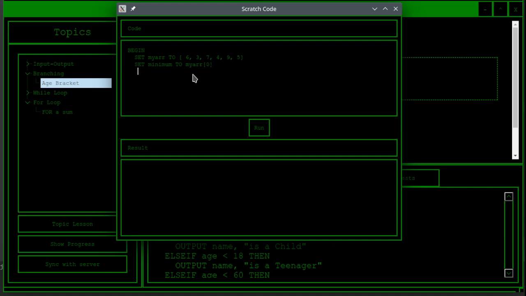And then I'm going to write a for loop to go through all of them. So I'll say for index equals 0 to the length of my array. So that's how my for loop's going to run. I'll say if, well, better use a capital IF, my current item, which will be where my index is up to, is less than minimum,